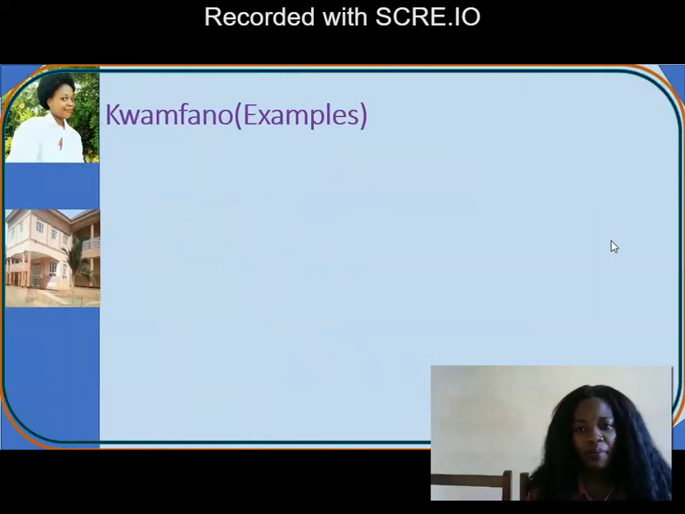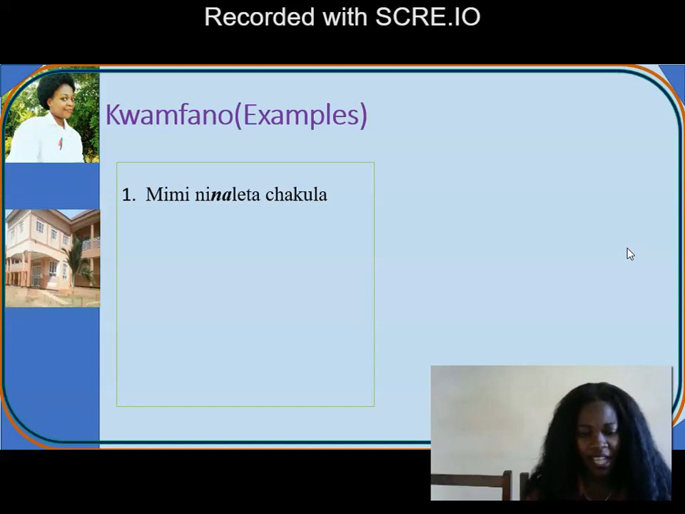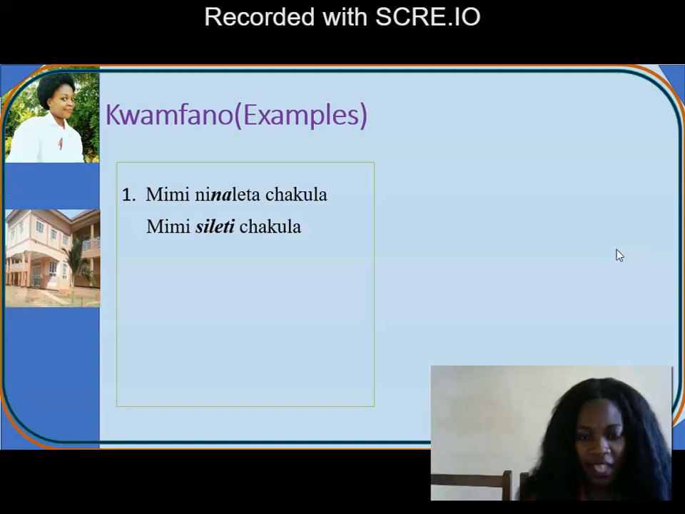We are going tunaenda kuona mifano ya sentensi ambazo tunaweza kuzibadilisha kutoka mtindo wa kukubali mpaka mtindo wa kukanusha. We are going to see how we can negate our positive statements from njeo ya sasa to negative statements. That is our table drawn for us. Number one, mimi ninaleta chakula. Mimi sileti chakula. So now here we can see, when we are trying to follow our grammatical agreement or concordance,